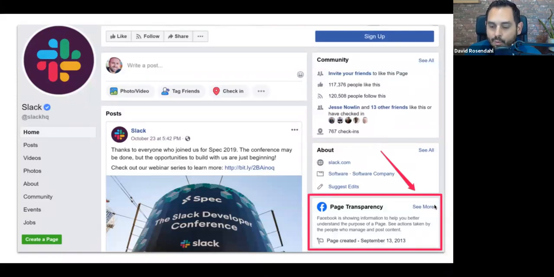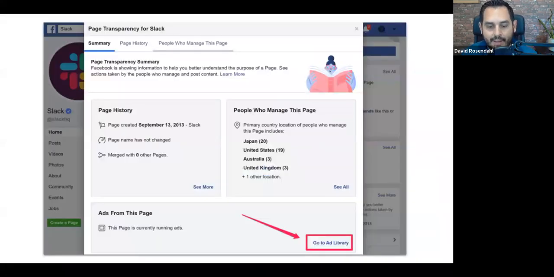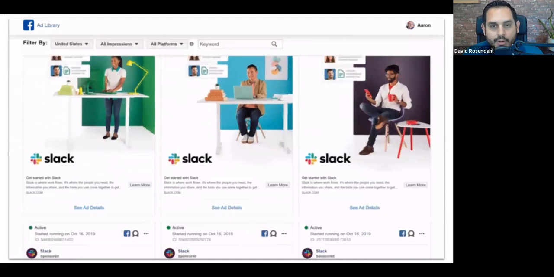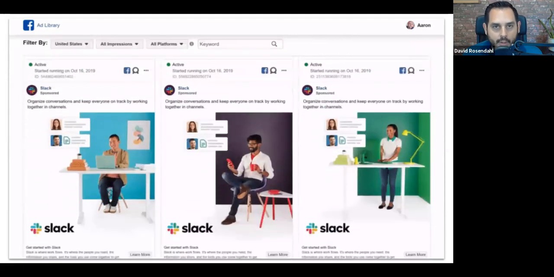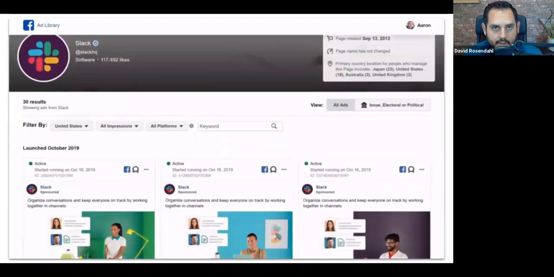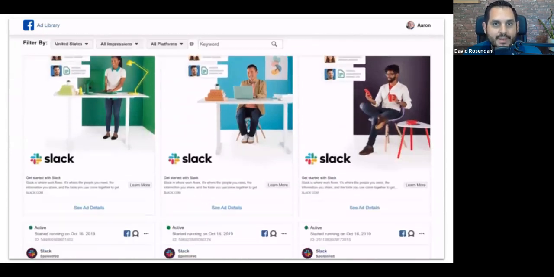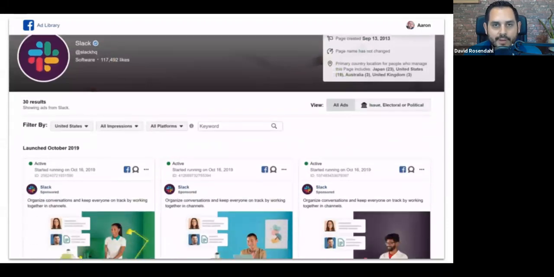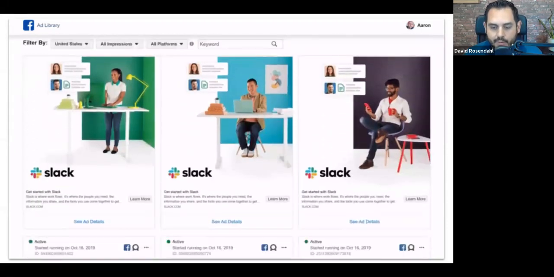And you scroll over here to the right, there's going to be a section called page transparency. You see where I've kind of boxed that? And if you click on that, this window comes up. And then you need to find this little section that says Ad Library. Go to Ad Library. And when you click on that, I did a little video here for you, you're gonna see all of the posts that your competitor is putting their money behind. Okay, I'm just gonna let that sink in for a moment. How many of you knew you could do that? If you didn't know, say no with an exclamation mark.